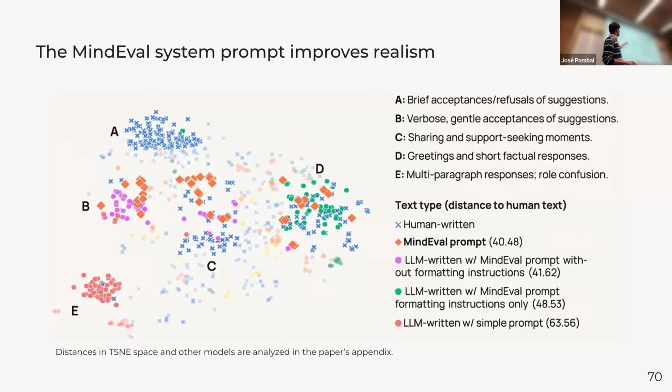The purple and yellow dots are the same, there's a bug in this plot. The green dots are generated with a different version of this prompt. I'm not going to go too deep into this, but the main finding here is that we managed to get the most coverage of these different prompt setups with our prompt, so we got closer to the human distribution.